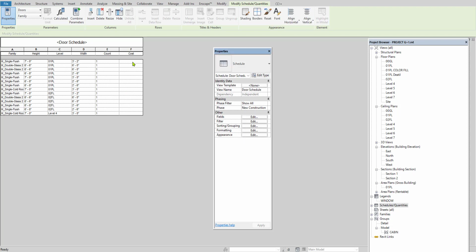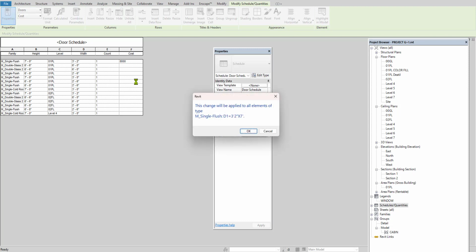And if I put the cost, by using the schedule and rate book, what is the market rate for that particular type of window, depending on the material, width and height, we normally put the cost. Say, for example, I say 8,000 and click the next row. This change will be applied to all the elements of the type. Say OK.